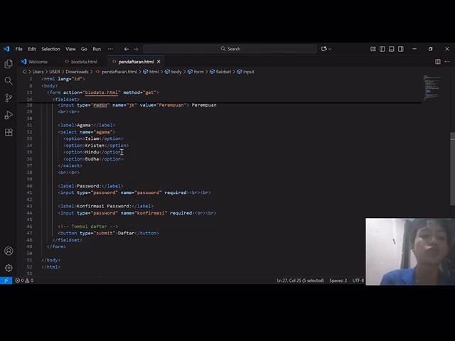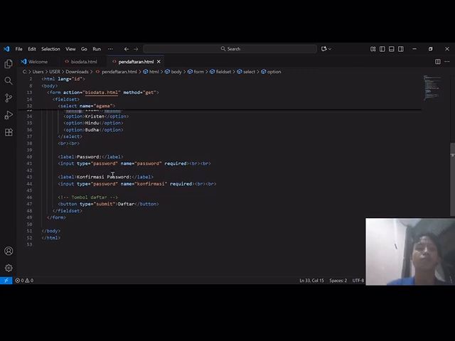The first section uses the label and select elements with the name attribute agama, or religion, to create a drop-down menu for religion options. It contains several options such as Islam, Christianity, Hinduism, and Buddhism, allowing users to select one of them.